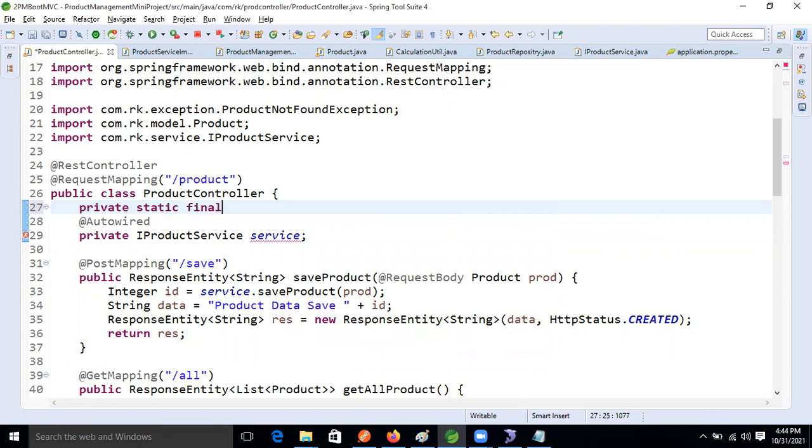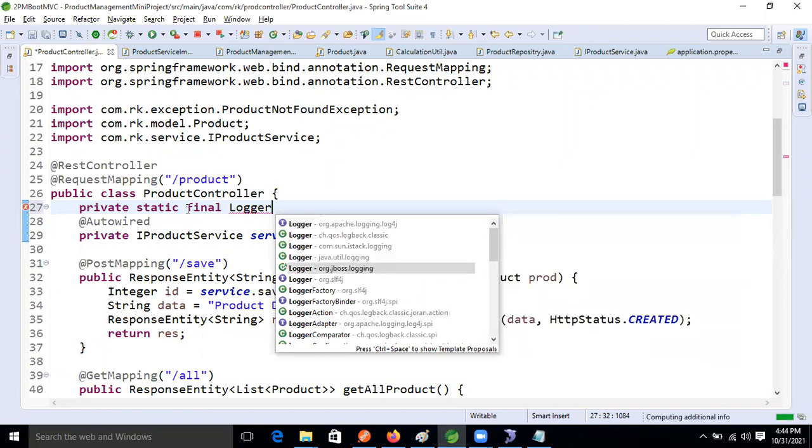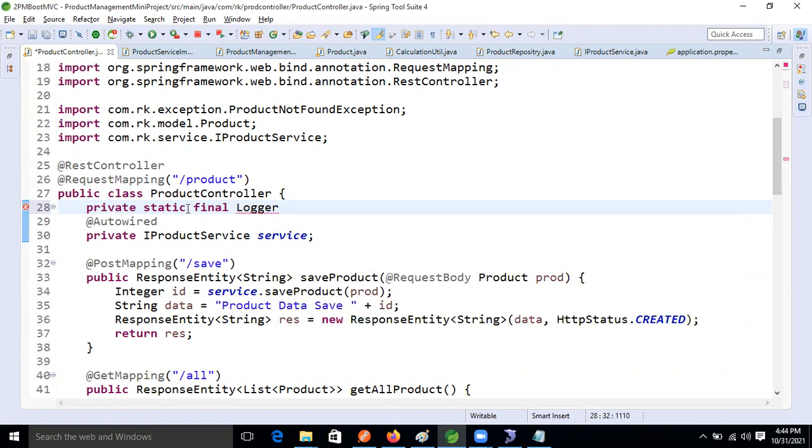Private static final Logger, we need to take the SLF4J Logger, right? This is the interface. Now take log as a reference variable.